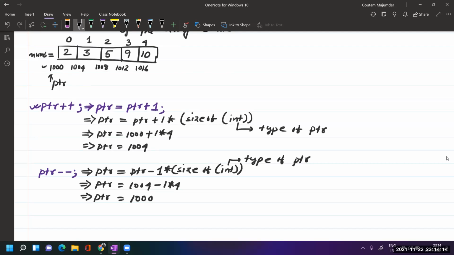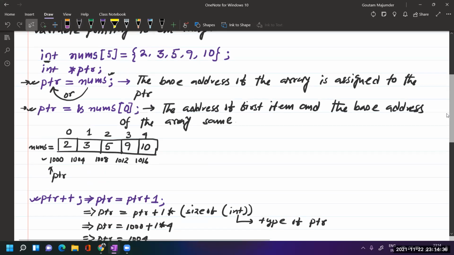So when you perform ptr minus minus, it will decrement the value of ptr by 1. Actually, it is informing the compiler to move in the backward direction by the previous integer type block. Why am I saying integer? Because the ptr I have declared is of type integer. See, the ptr type is integer here.